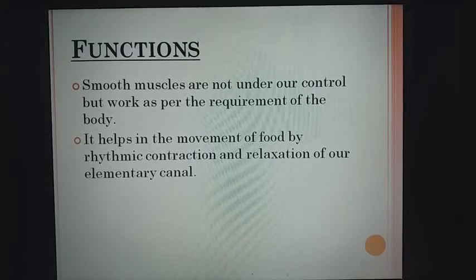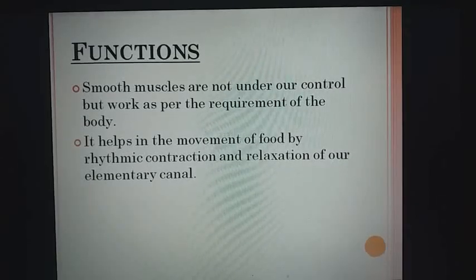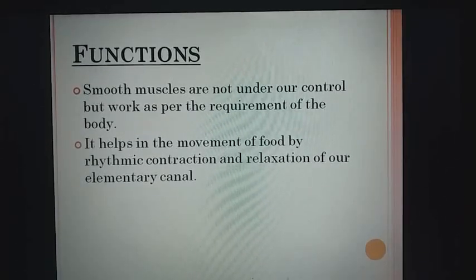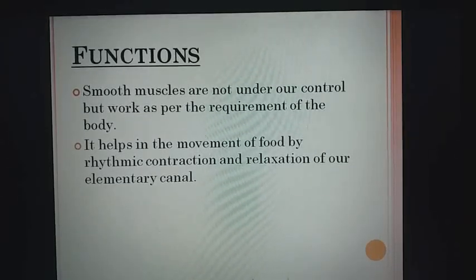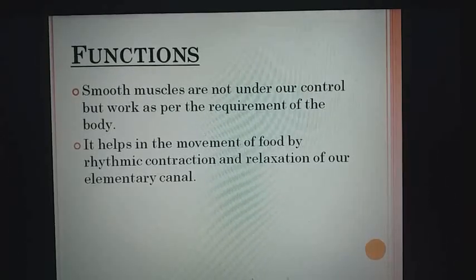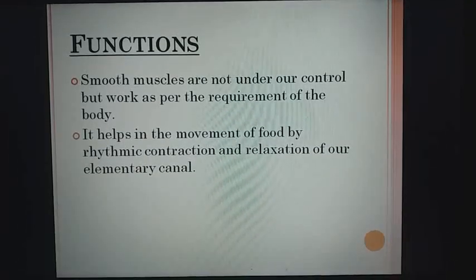So that's all for today children. Write down the homework that you have to write the structure and you have to draw the diagram. Rather you draw the diagram and write the function of both the muscles, that is the voluntary muscle and involuntary muscle. So complete your work, and soon when I'll complete this chapter, I'll take the test of this chapter. So start preparing for the test also.